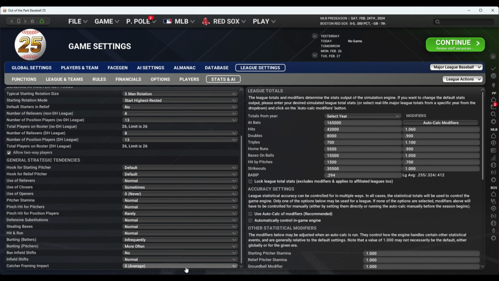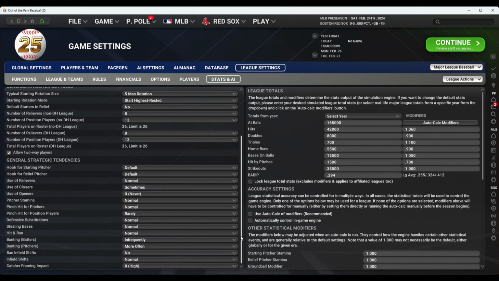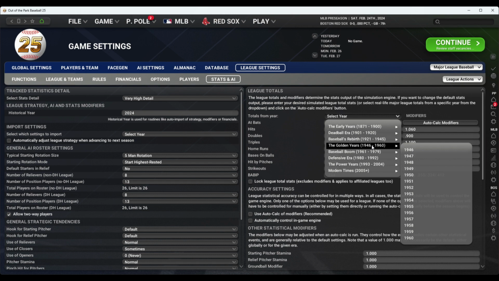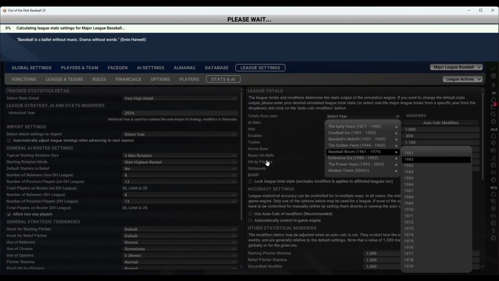Okay. Framing impact. I like to make my catcher valuable, so I like putting the framing up there high. Makes the catcher valuable. All right. So now I want to adjust this here. Since we have 20 teams, we're gonna go 62 as our standard. And what this does is it makes the league